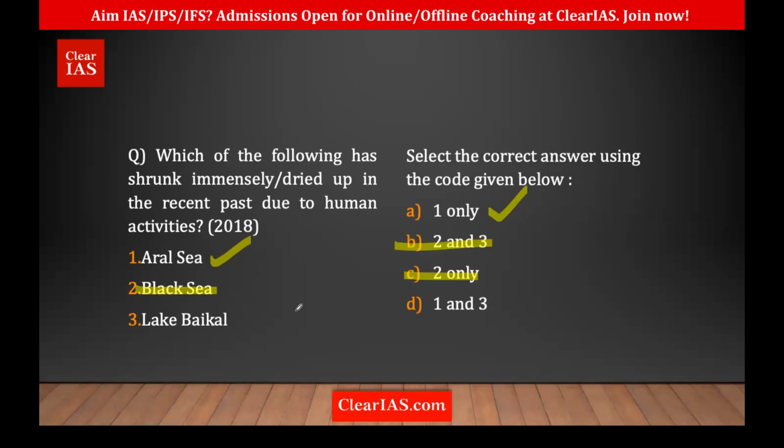Many times this also happens. In the last 2 prelims also, there were so many questions where you can eliminate up to 2 options, but then you must know the fact. So usually people take a guess here. They go with either 1 and 3 only, whichever it is, based on their instinct. Clear? So the answer is A, 1 only.